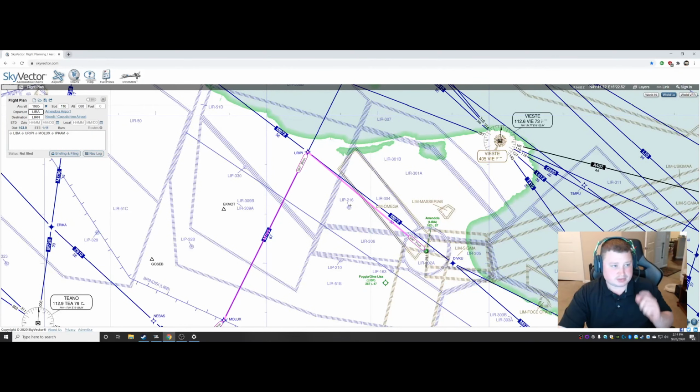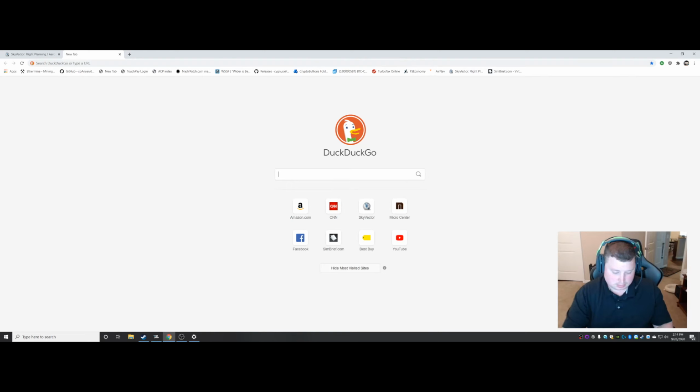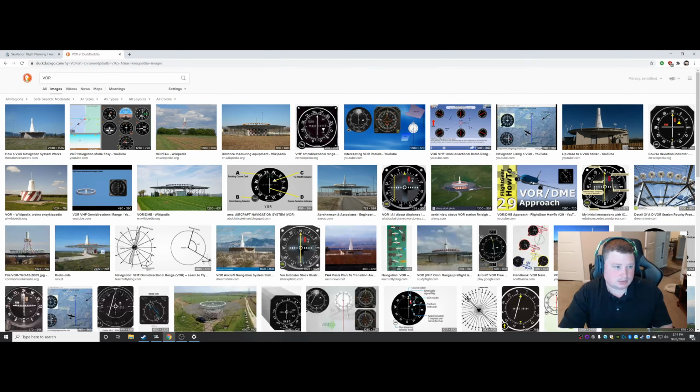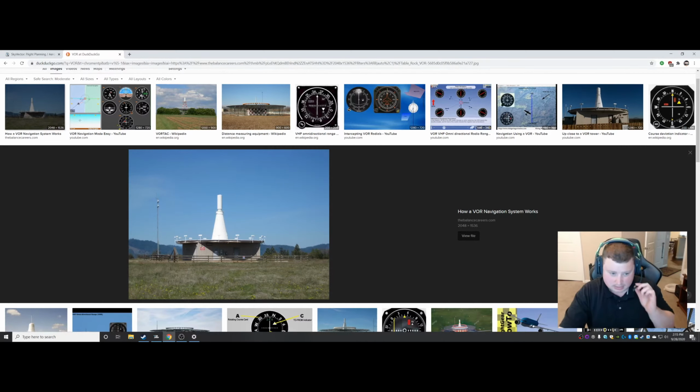Okay, if you've never seen a VOR, I will show you what that is. So, VORs, okay? These are pretty much big antennas sticking out of the ground. You've probably seen these and wondered what they were. These are waypoints. They are waypoints that have their own stations, and you program these into a flight plan, and you'll navigate based on these VORs, and you can either navigate on these VORs based on what's called RNAV, or